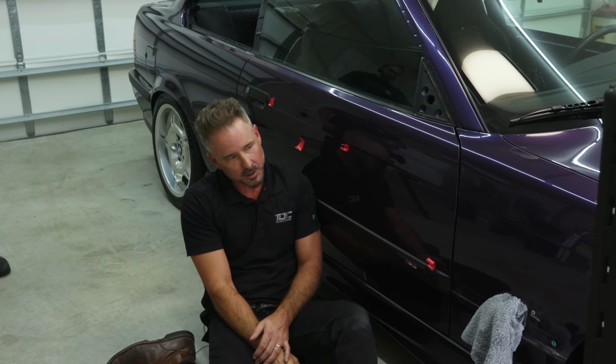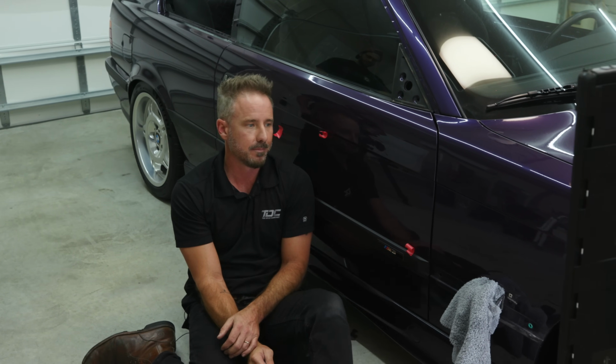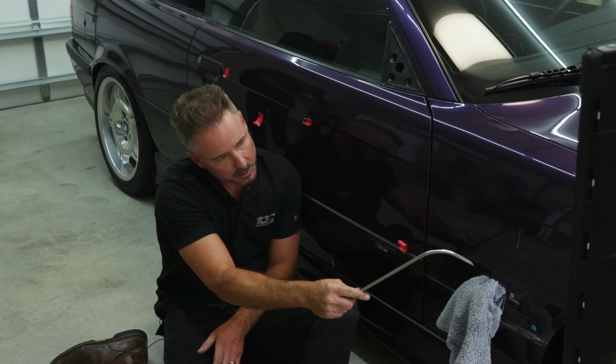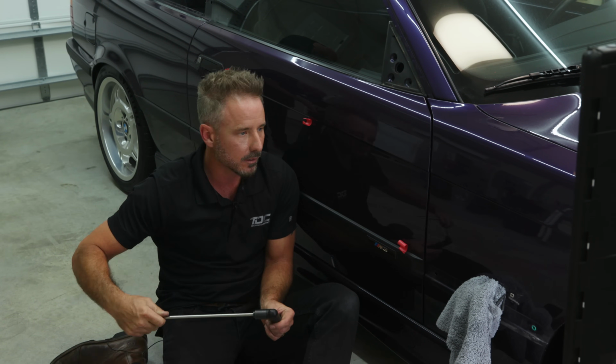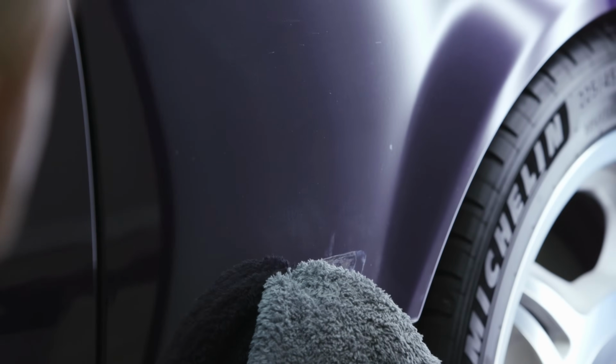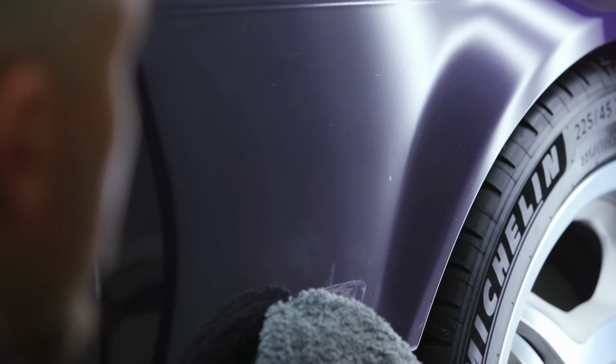Okay, it's so small the light's not going to pick it up, but I'll talk about it. There's a tiny little low spot. I don't want to freak people out. Use this end. It's right there, and I think the moral of all of this is